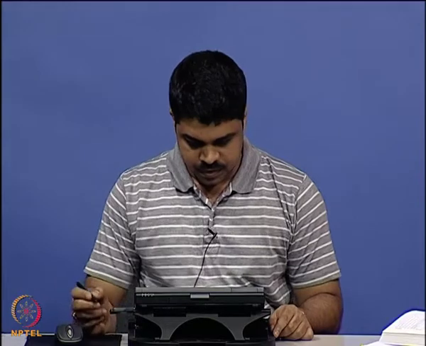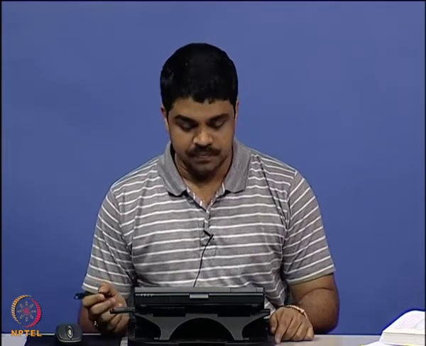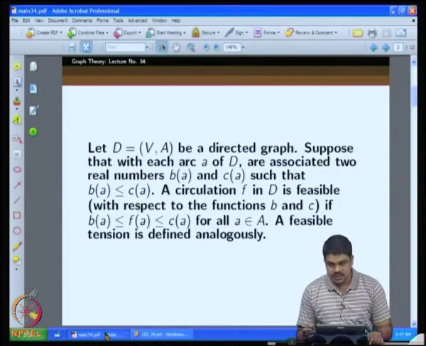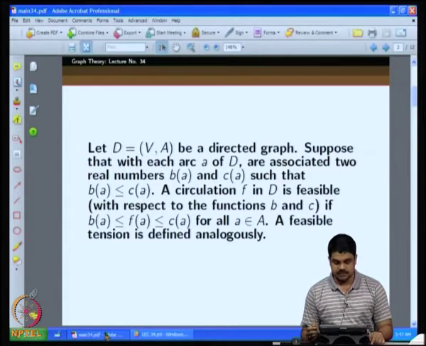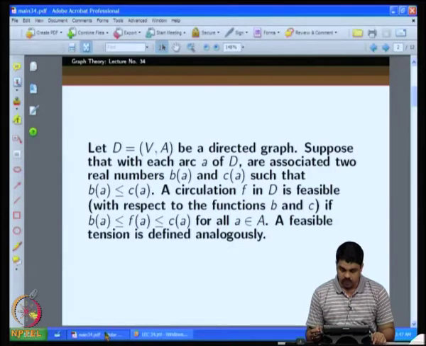So, when I say feasible, we have a directed graph and with each arc we are associating two real numbers. Let us say b of a and c of a. b of a is a lower bound, c of a is an upper bound, which means a lower bound for the circulation value on that arc, and of course, b of a has to be less than or equal to